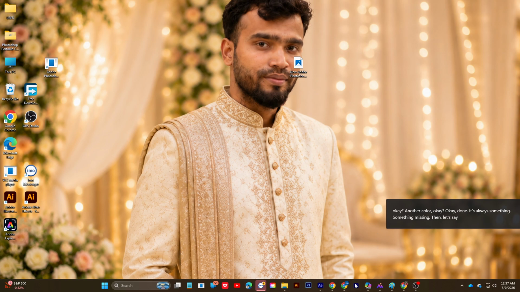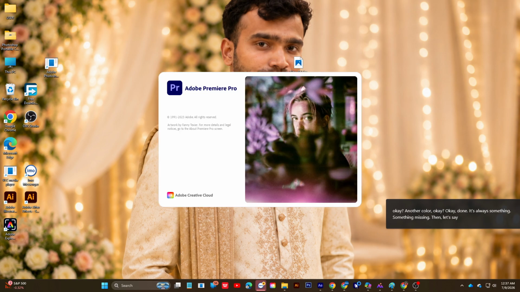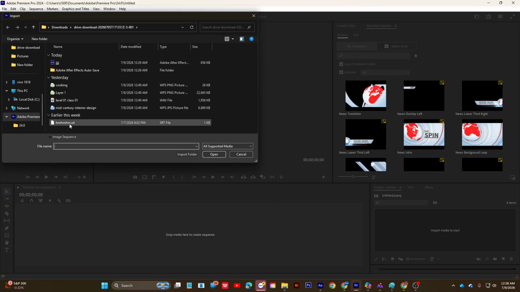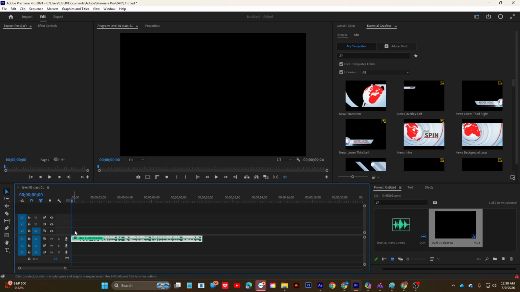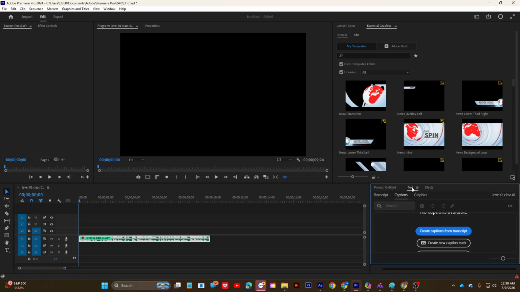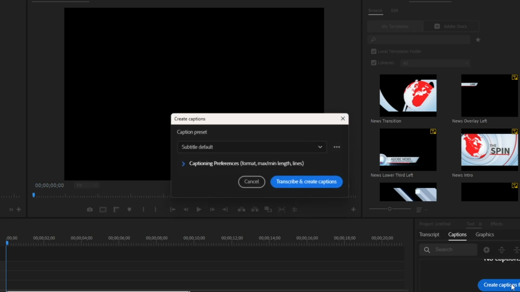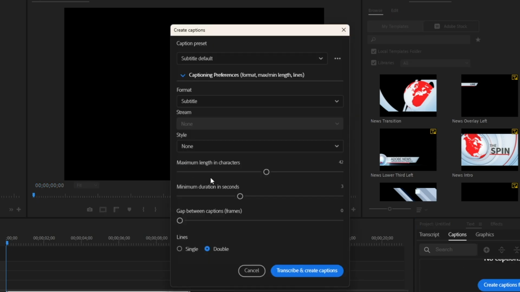First open your Adobe Premiere Pro and create script. Select your video voice and then select it. After then you go to text. Tap on create auto caption and select caption. After then you select